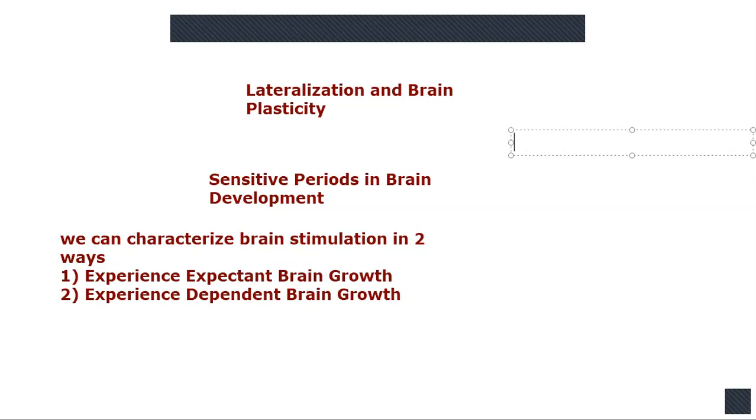So we can categorize brain stimulation in two ways: experience expectant brain growth and experience dependent brain growth. Experience expectant brain growth refers to the young brain's rapidly developing organization, which is dependent upon ordinary day-to-day experiences. Examples are our opportunity to see and touch objects, to hear language and sounds, and to move about, to explore the environment, which enables our brain to